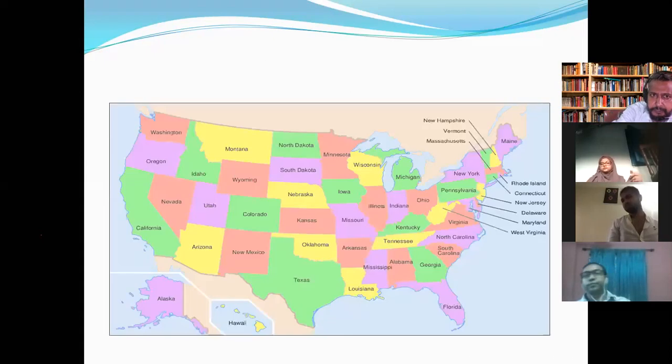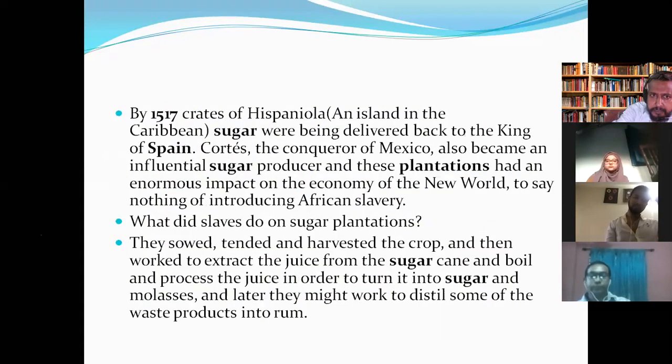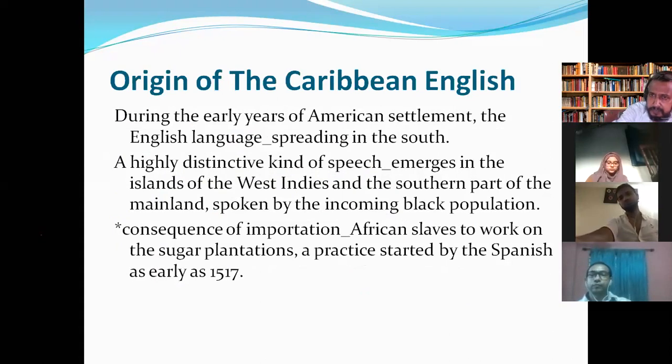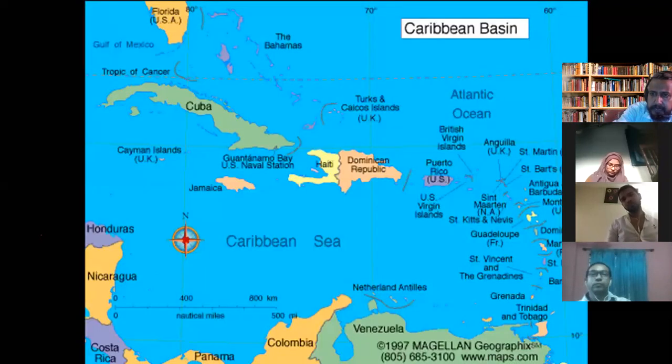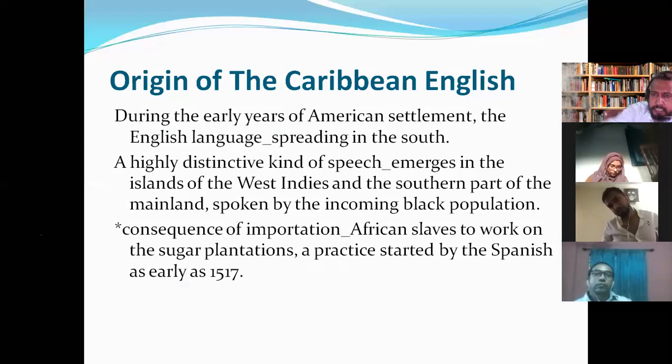Okay, so if I summarize the origin of Caribbean English language, we will see that there are nearly 700 islands in this Caribbean basin, and they had been in contact with several English language speaking communities, and most of the people went from America to these Caribbean countries, and after that many European people picked black slaves, and handed over